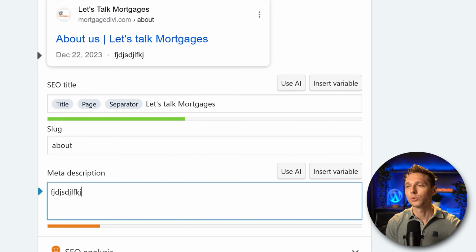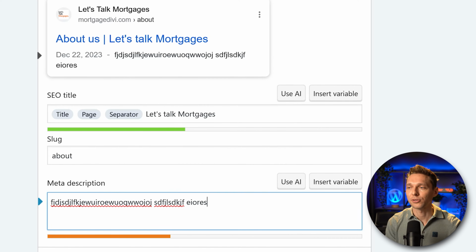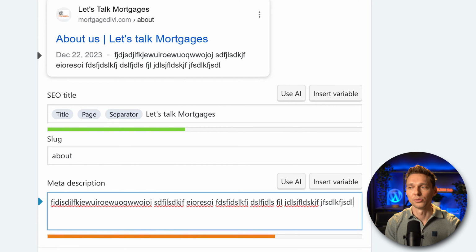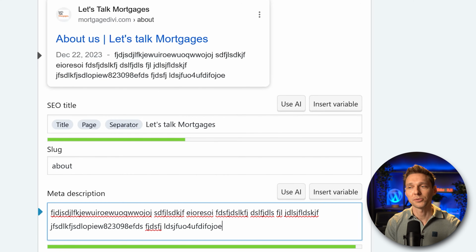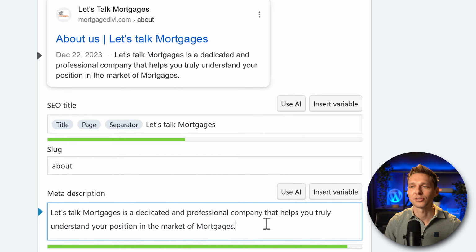Now when you start typing, you will see that there is a bar below it, and it will turn from orange to green. And after that, when you keep rambling, it will turn to orange again, and Google will break it off in the search results. So what you need to do over here is create a description of this page that actually is good and is also in the green zone, so it will be shown entirely in the search engine. There are a couple of rules about the titles and the meta description. I will talk to you about this in the next optimization, because we're going to optimize a real landing page that I want to have in the search engines to be found by possible prospects. But for the About Us page, this is perfect.